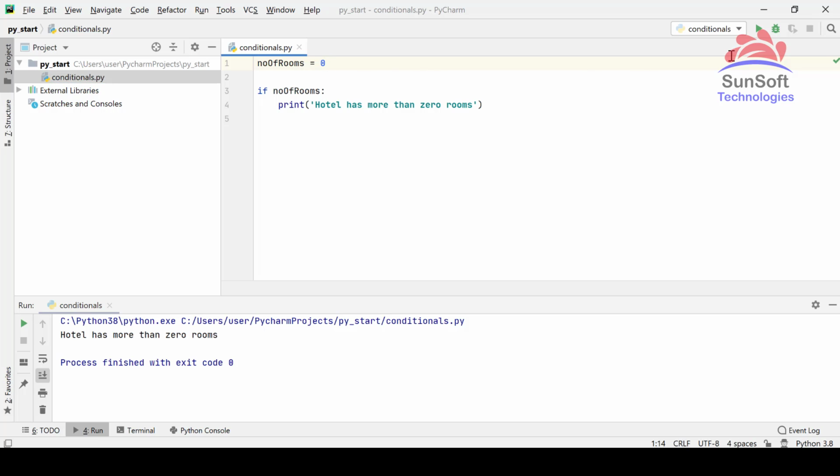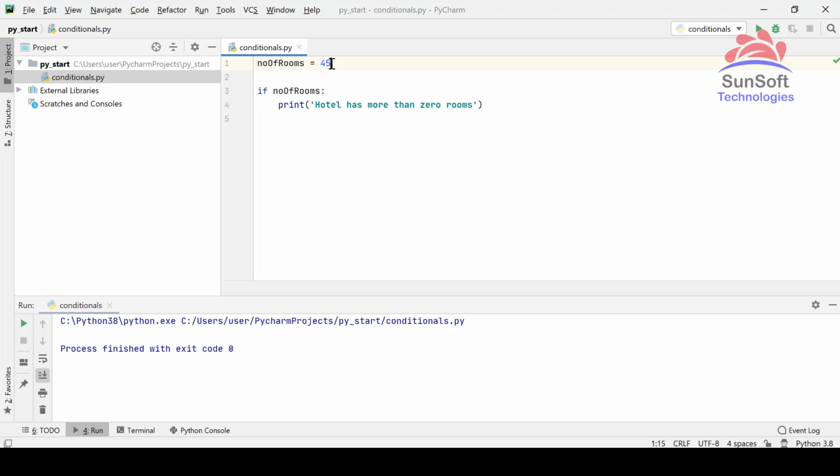Now if this was 0, I'll run it from here directly. Now this does not print anything. Why? Because this 0 value returns false over here, and as long as it's false, this block never gets executed. Clear? So now let's go back to 45 rooms.